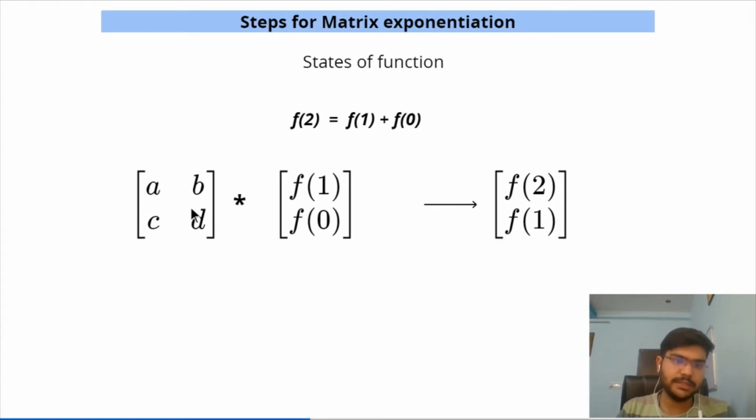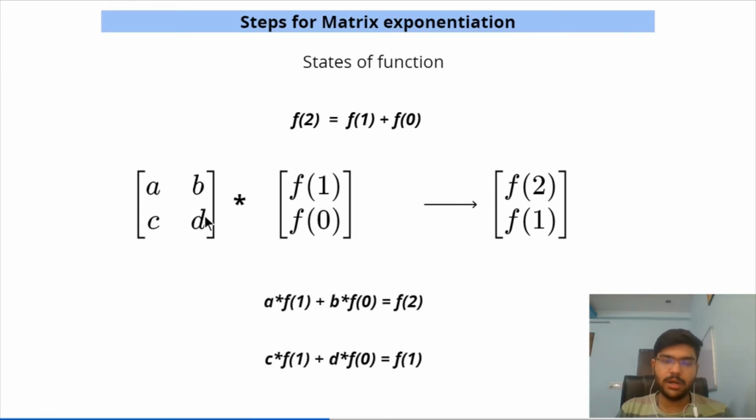So what I am doing is, I am marking any random variable name to these elements, like A, B, C and D, right? So I am making the names of these particular elements of this matrix. Now what I will do, I will make the equations of this matrix, right? So the first equation would be that I'll multiply this particular element with this element and this element with this element, simple multiplication of the matrices, right?